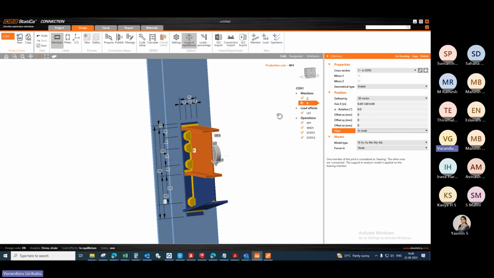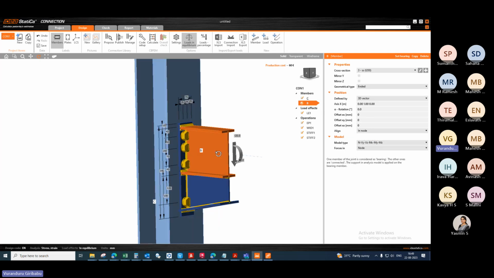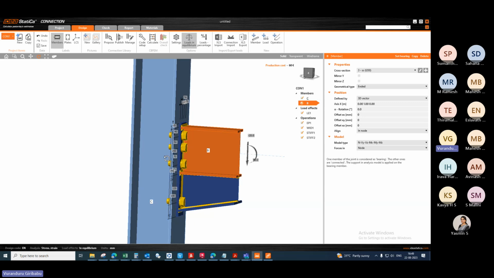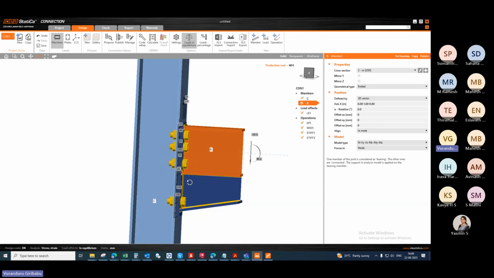Put the same again and align with the node. When we have a node at the center of the column, this one will be aligned with the node, or otherwise in a position like that, with the member plate. There are two options for this: align with plate, or related to plate like this. Or if you select node, it will select only the center of the node that we had imported from